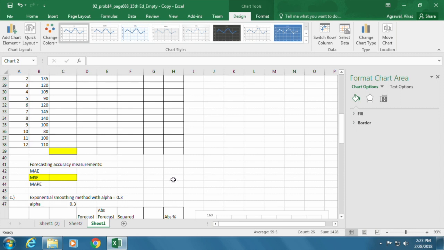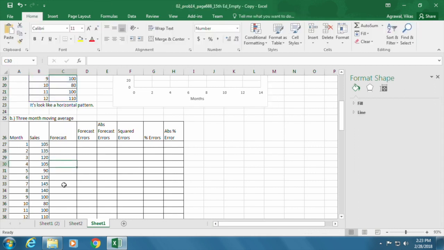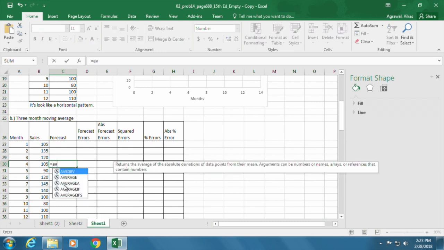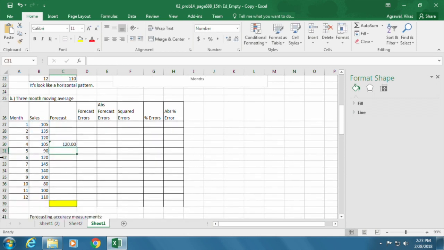So first we'll consider 3-month moving average. That's what we need to do here. Here we use the average of the most recent 3 months' sales as a forecast for the next period. So there won't be a forecast for the first 3 months because we're going to use that to generate the forecast for our 4th month here. So here I will simply put the formula, equals average of first 3 months. It was 120, and I will drag this one down, and I'll go a step lower because we've been asked